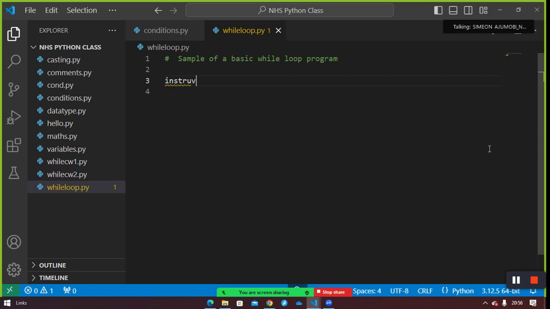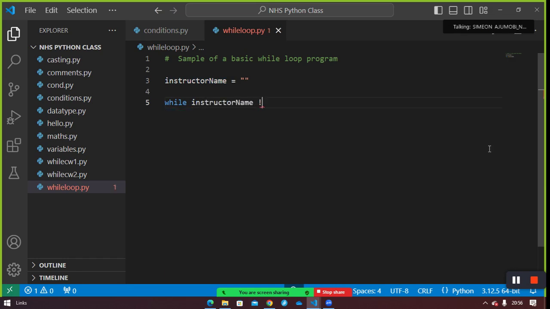I'm creating a variable called instructor name, and I say the instructor name is not known. That's the meaning. An empty string, not known. Now I came back and say, while that instructor name